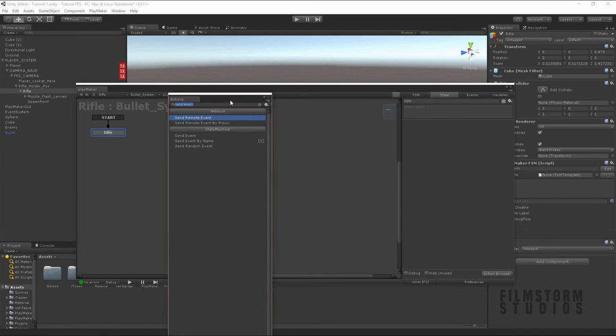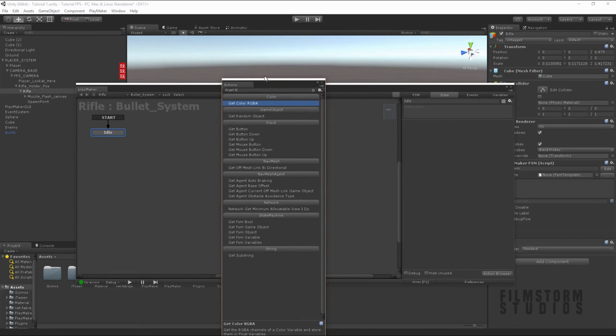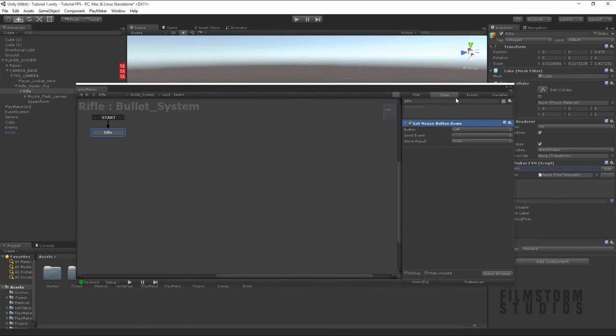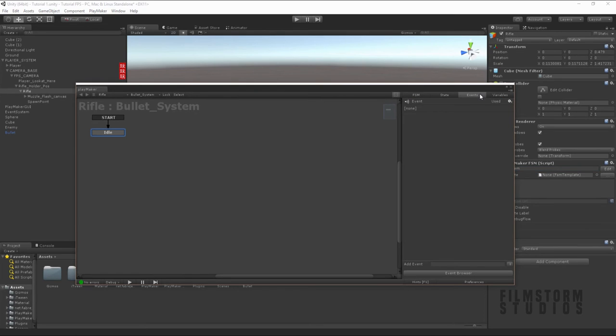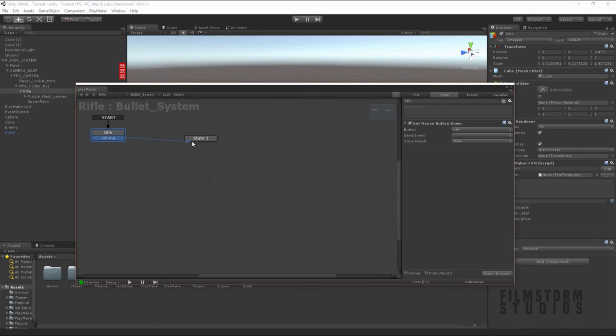And let's say get button. Oh, yeah, let's get mouse button down. I'm going to say the left button. In the future, I'll show you how to set up joysticks and stuff. So let's go here and say is firing, and transition is firing, and let's hook that up to firing,